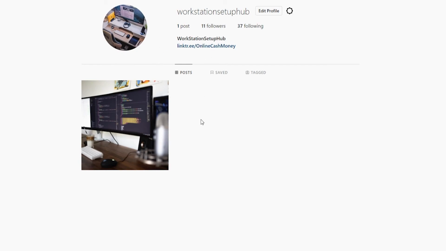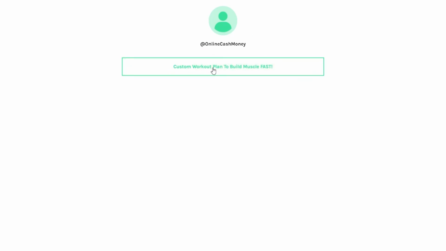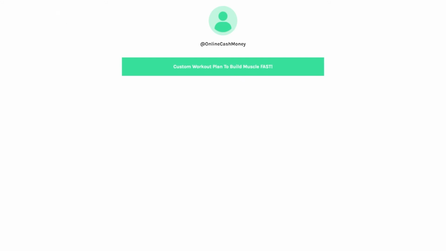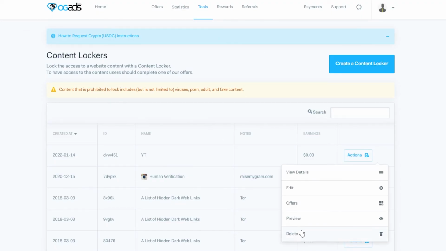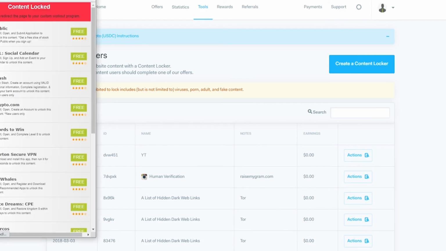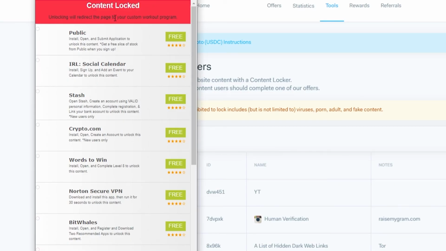Now again, you would change all of the bio, and you would add emojis and relevant text, and you would also by then have a good selection of photos of transformation pictures. When people then click on this link, it's going to take them to your landing page which you've created, and you're going to offer them a custom workout plan to build muscle fast. When they click on that, it will redirect them to OGAds, and they will see this window here, content locked. Unlocking the page will redirect to your custom workout. They will then download an app, and they will then be sent to the custom workout page, and you will